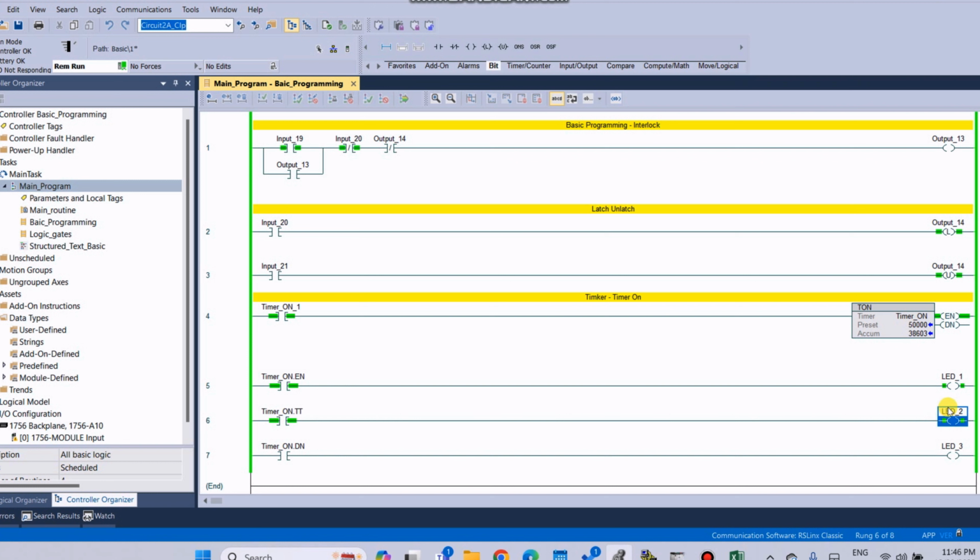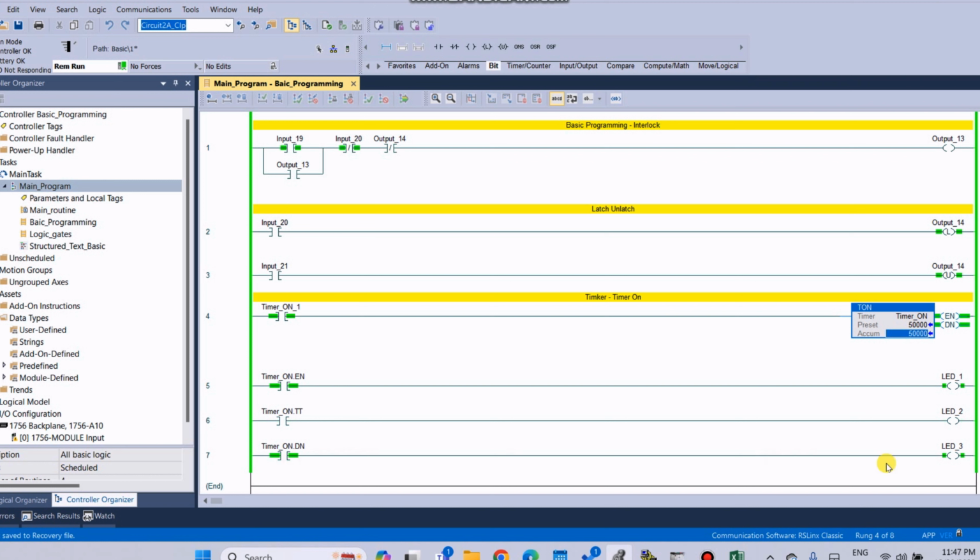Here we can see LED 1 and LED 2 both are on, and when the timer completes, preset value equal to accumulator, then the done bit turns on.